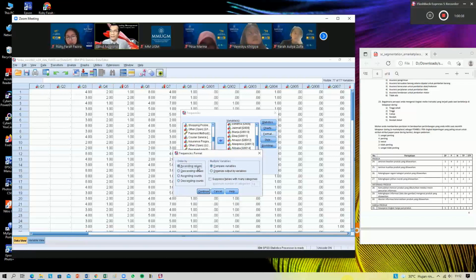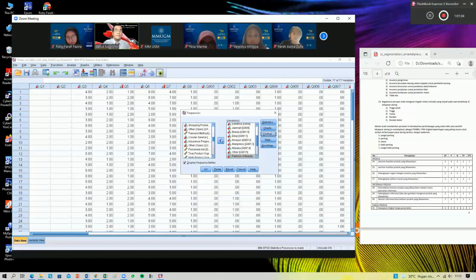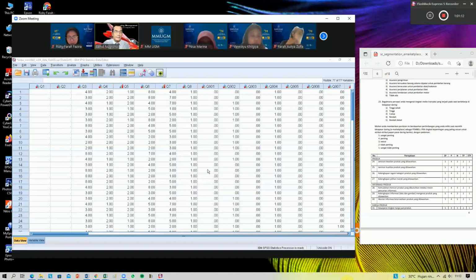Once again, in this analysis we cannot summarize all calculations, so it's useless to use counts. Just use values and ascending, which means we start from number 1, 2, 3, 4, and so on. Click continue, and then click OK. So this is the result.